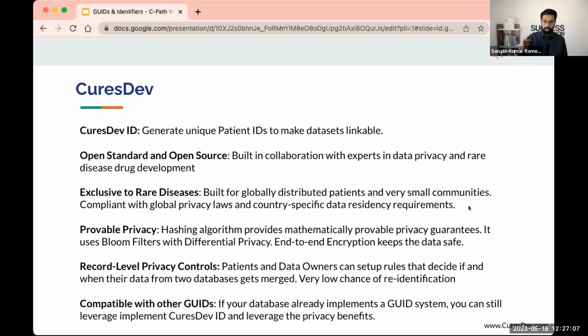We also have a lot of privacy guarantees based on differential privacy, which is a provable privacy control mechanism. I'm also building all of this as fully open source and an open standard. So it is not just me that benefits from it, it is the entire community. A part of being open source is making sure the community can continue operating on these IDs, even if CuresDev, even if I go out of business, even if I don't have the mental bandwidth to work on this company anymore.